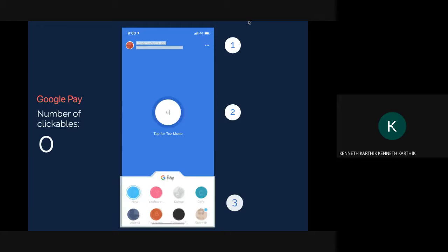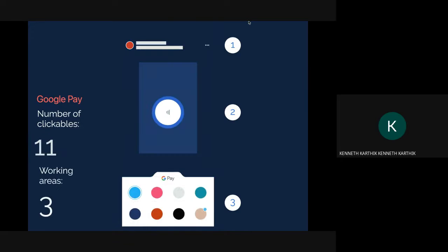So doing the same analysis here, one benefit you can directly see is that when you look at the framework of how it's done, there are only 3 working areas and only 11 clickable items. There's just things on top, and then most of the clickables are actually just your recent contacts. There's almost 8 of them right there. So that was one thing which I really liked about the app initially, because it was very clean.